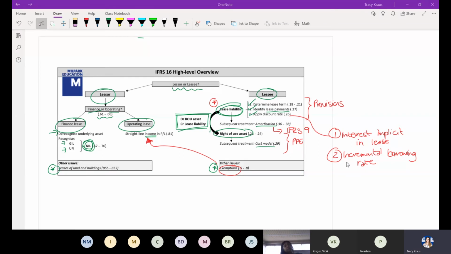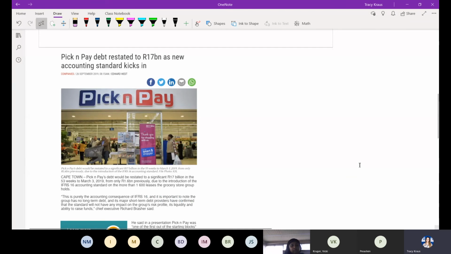Okay, before we close out here, let's just have a quick look at this article. I sent the link earlier, but I'm not sure if everybody got to see it. Let me see if I can send it again if you want to check it out afterwards. But essentially, this article talks about the impact for Pick and Pay of accounting for IFRS 16. So as you said, the standard recently came into